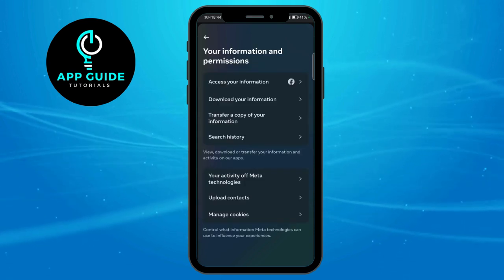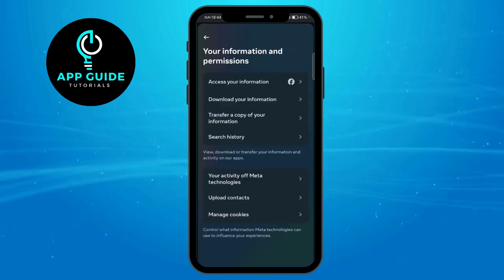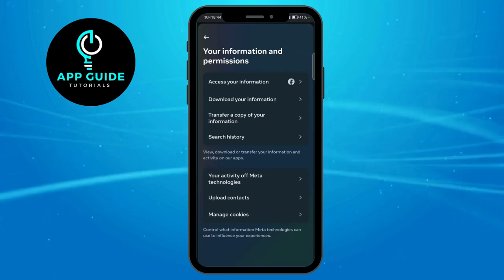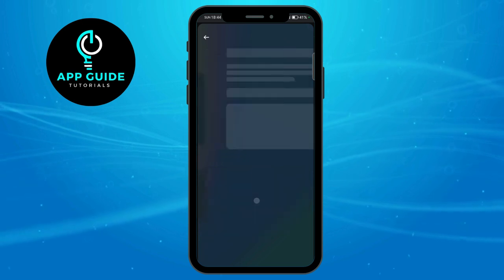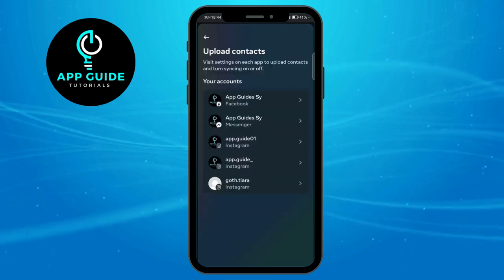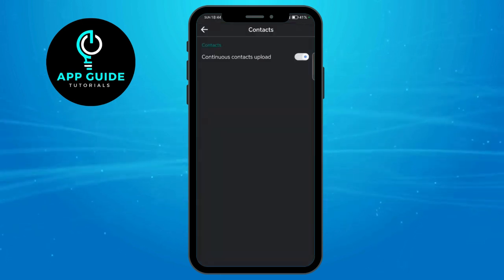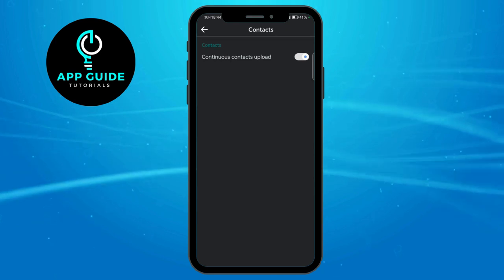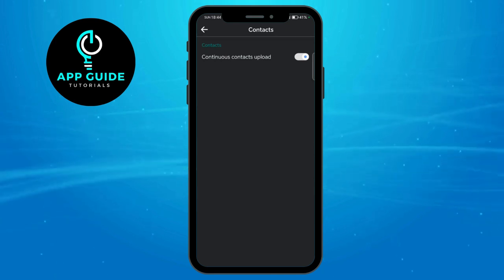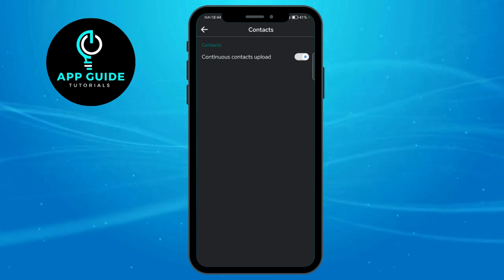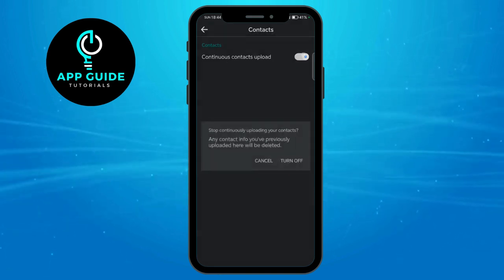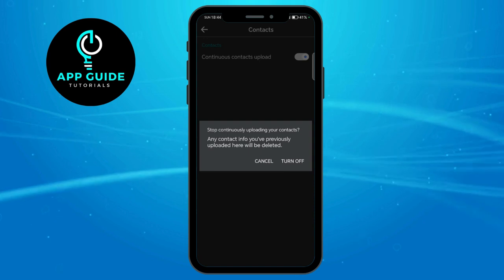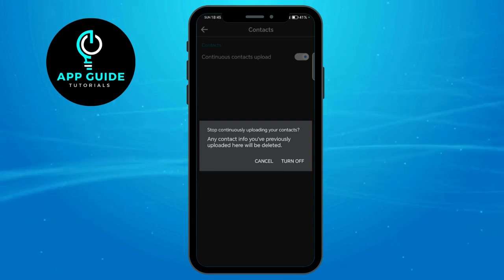Once you tap on that, you will be able to see under Your Activity of Meta Technologies the Upload Contacts. All you have to do is to tap on that and click on your Facebook account right there. Now, all you have to do next is to toggle off the continuous contacts upload right here. All you have to do is to toggle this off or turn this off so that those previously